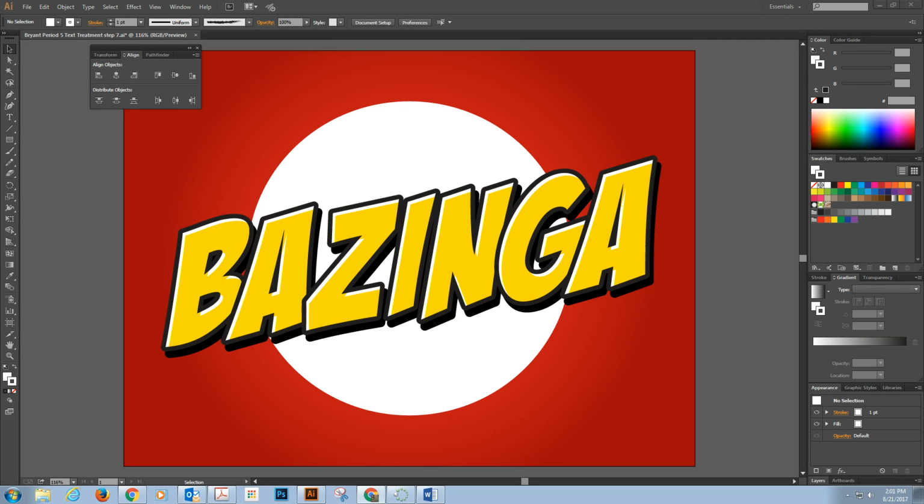For step 7, what we're going to do here is create a basic shape and turn it into an object so that we can later create a pattern, so we can later apply that to our text for our next step. To start things off, we need to select our rectangle